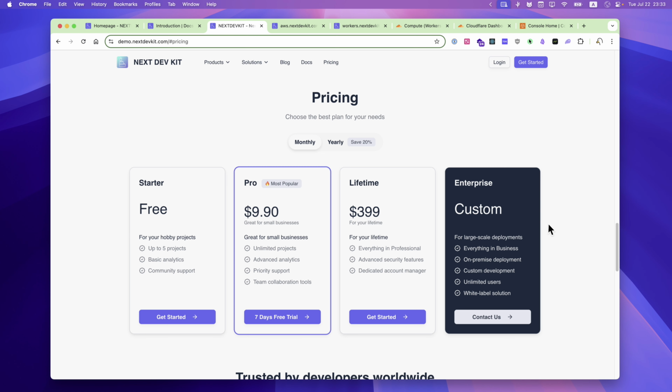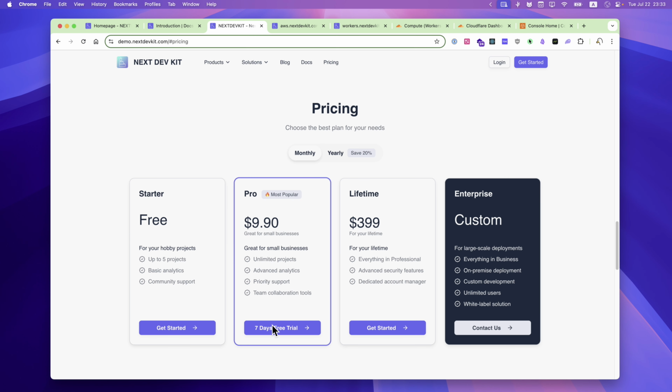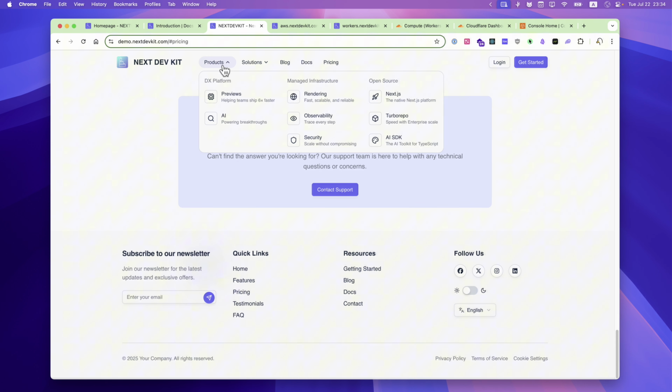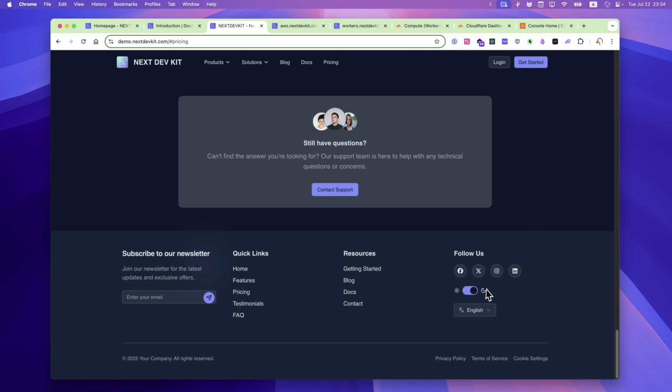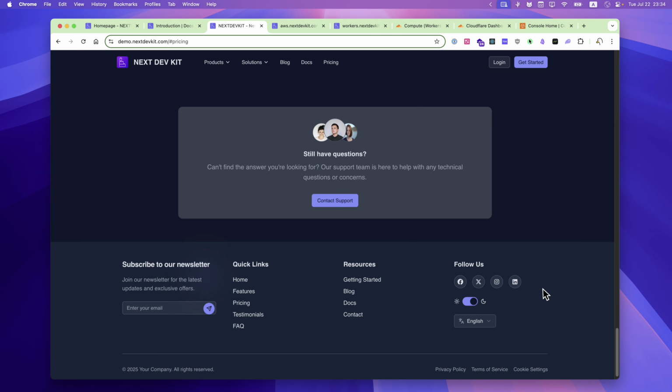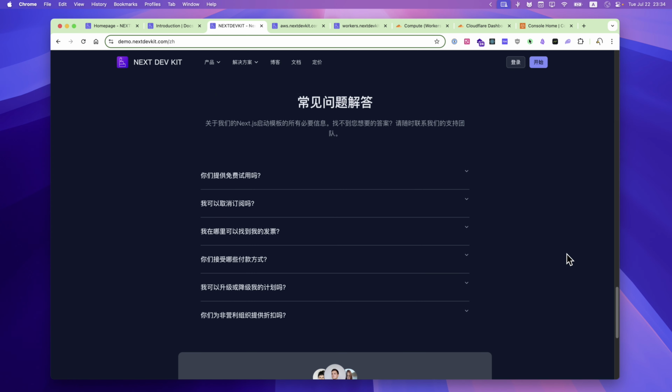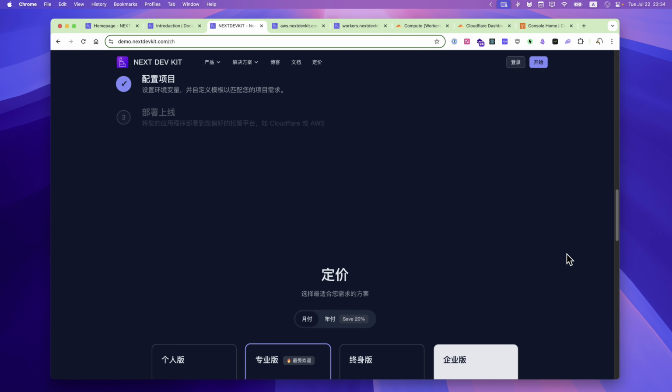with customizable pricing displays and payment integrations. Naturally, it includes a comprehensive FAQ along with polished navigation and footer components. Dark mode? Check. Multi-language support for internationalization? Absolutely. NextDevKit offers a collection of high-quality front-end components